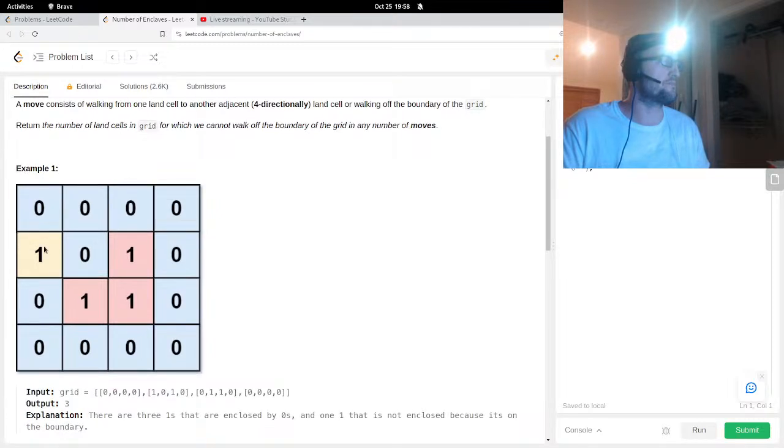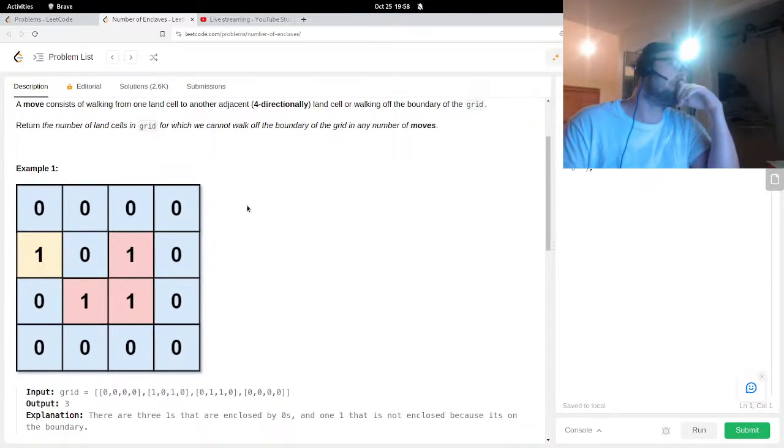Okay. So here we can walk off, here we can't. Oh, that's interesting. So a very straightforward thing, I think, is just to do a flood fill, and you also want to check and see if